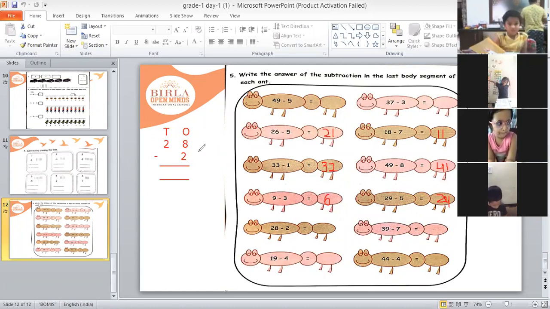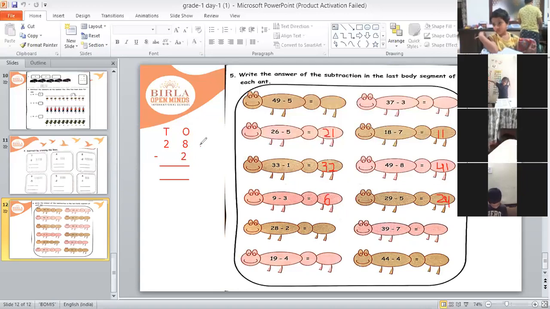So now what we'll do? Now listen here, children. Listen very carefully. Whenever we are subtracting two numbers, we always start subtracting the number in ones place first, right? So our first number is 8. Now from this 8, we will remove 2. We will not draw any lines now. You know how to draw lines and how to cut it. Fine, that is okay. Hanvit, if you know the answer, very good. But if you want to do it with your fingers, you can do it very fast, right?